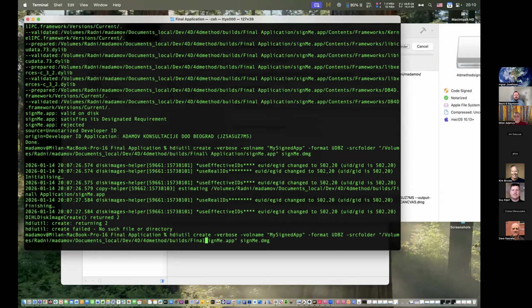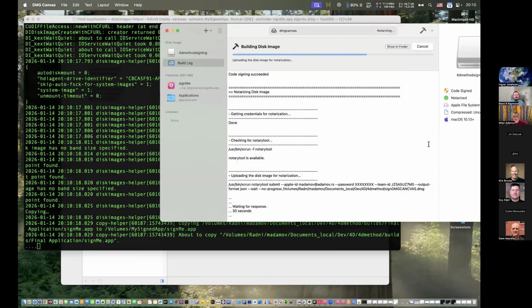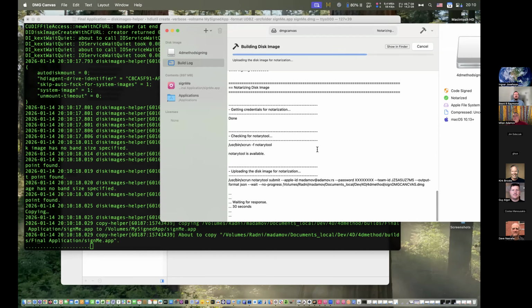DMG Canvas is already creating the image and sending it, and I'm here behind. You see it's already uploaded and waiting for a response from Apple servers. So it's fast, even faster than command line.